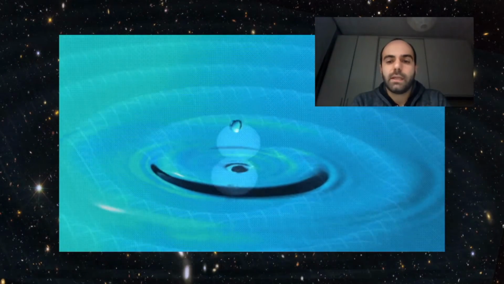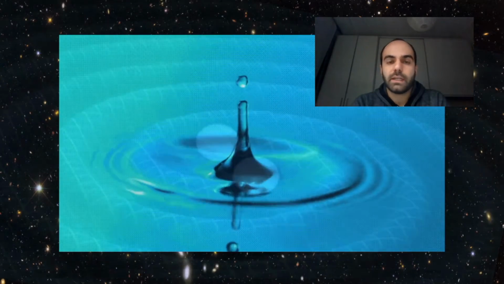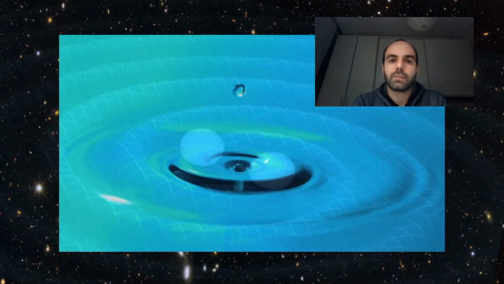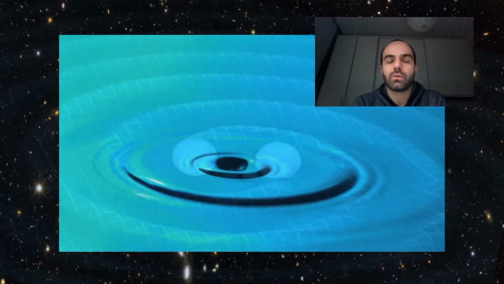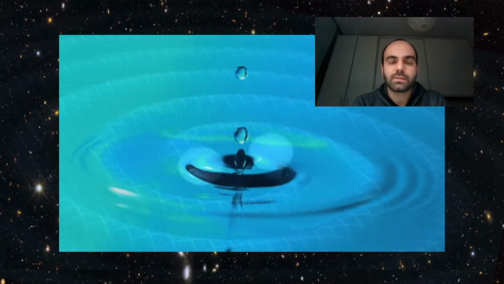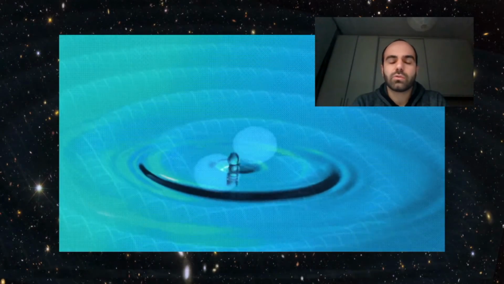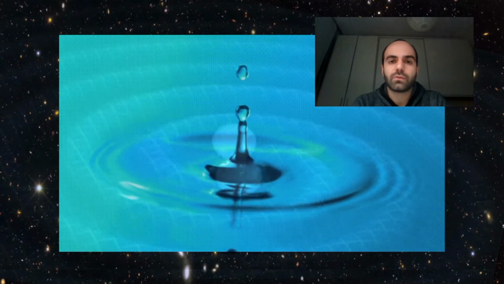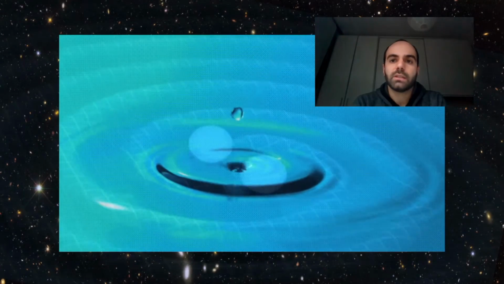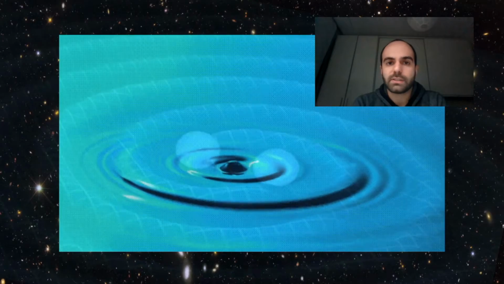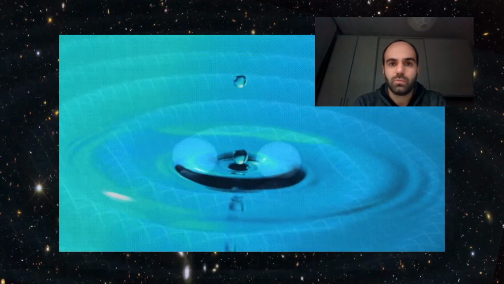Imagine, during a sunny day, to look at the reflection of your face in a lake. The reflection is almost perfect, but as soon as someone throws a rock in the water, the reflection will be distorted. This is something similar to what happens when a gravitational wave traveling through space reaches a body. The body will be stretched and compressed, as it happens to the image in the water.